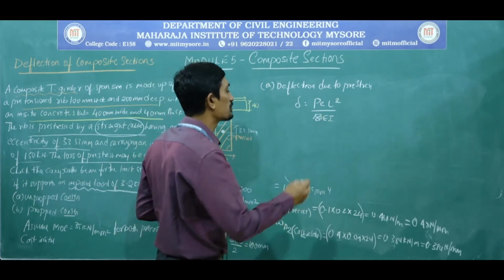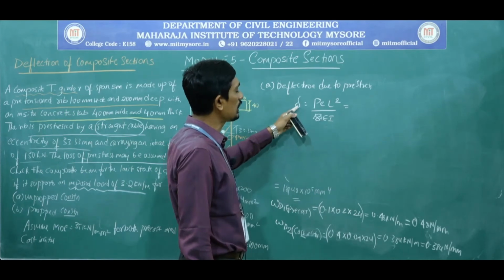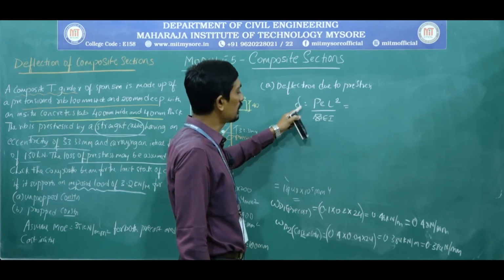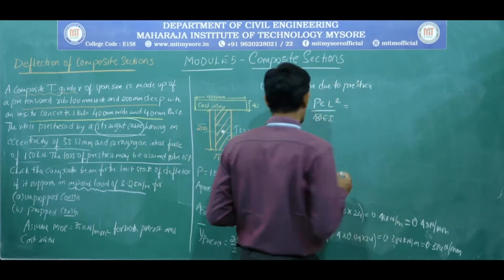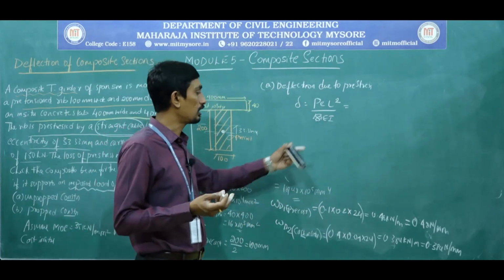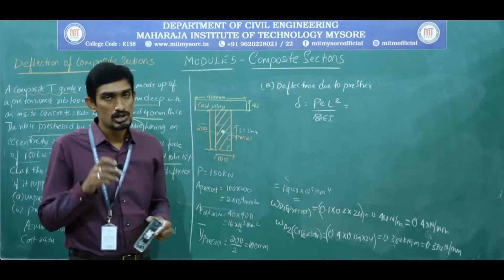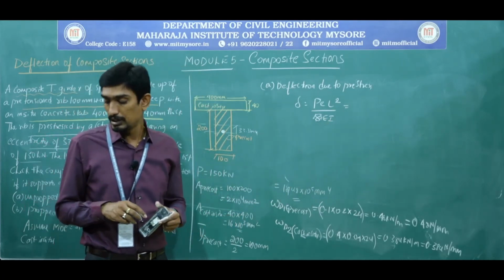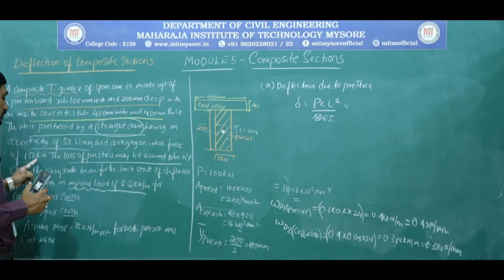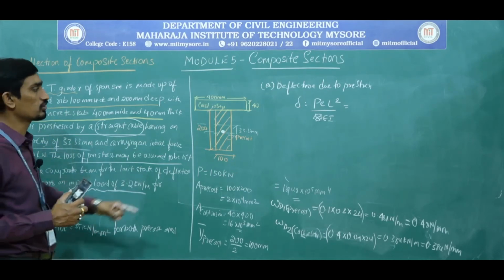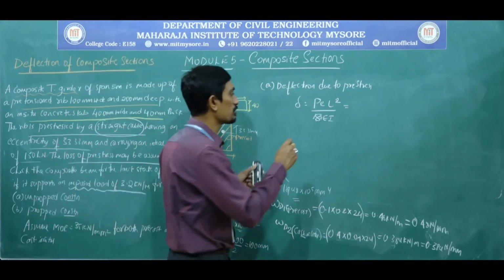So let me substitute this. Please be careful while substituting. You want the answer in millimeter. So now the P is in kilonewton. We need to convert this into Newton. Modulus of elasticity, since it is in kilonewton per millimeter square only, we can retain like that. That depends upon the things, because if you're going to substitute the pre-stressing force in terms of Newton, then the modulus of elasticity also you need to substitute in kilonewton. You need to be very careful regarding this. So let me substitute that.